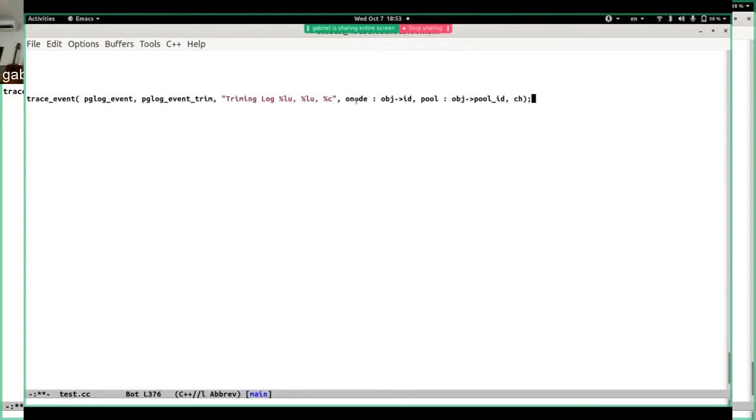Now the parameters, this is not printf. It looks like printf, but of course it's not printf. So every parameter could be a tuple. It doesn't have to be, but it could be. So you do it like this. I'm going to give you a value, and that's going to be the name. So if you're going to search, you're going to search for onode, and that's the value. And the value is